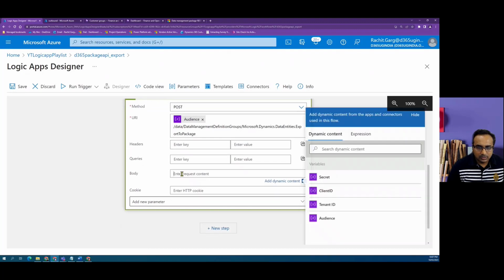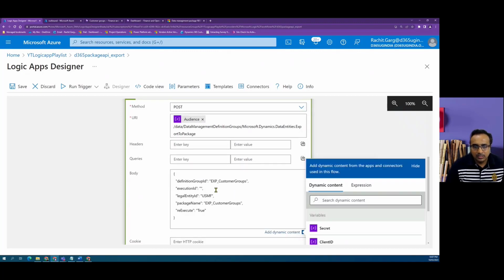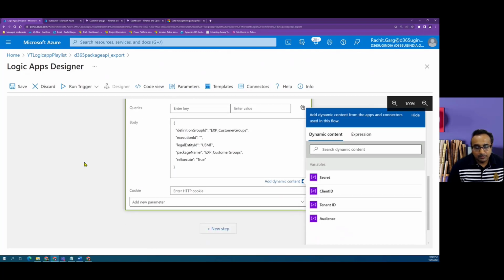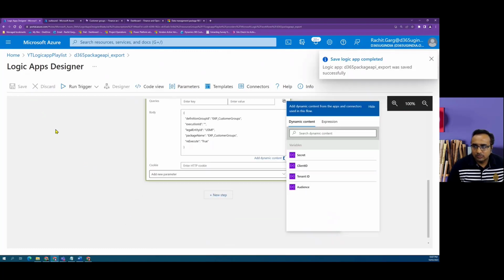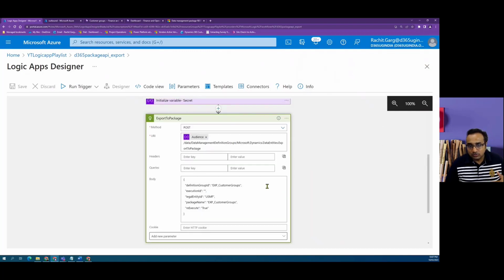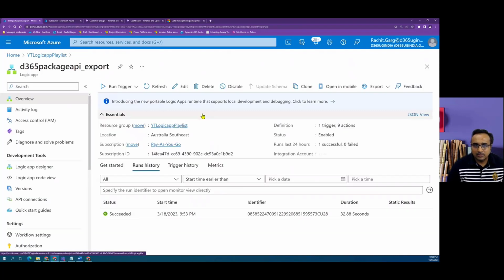Now in the body, we have to pass a small JSON payload where we mention the definition group ID, which is basically the name of your export project, the legal entity, and the execution ID, which is blank in this case at the moment. This will basically trigger an export. We also have to read the response to extract the execution ID. So let's save and run this logic app and see if we can